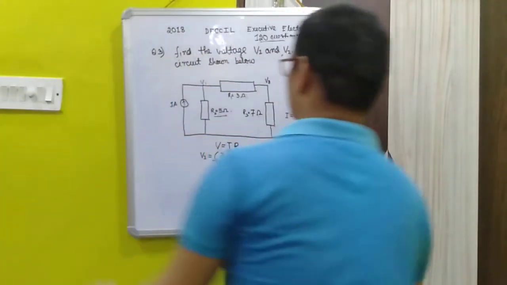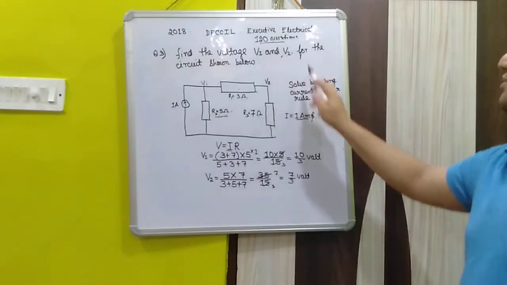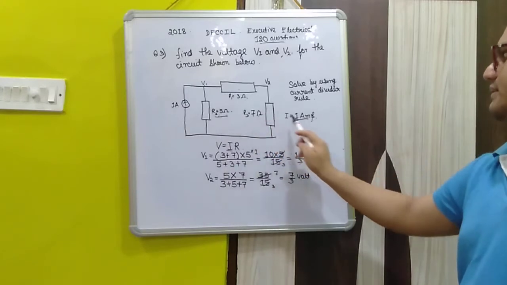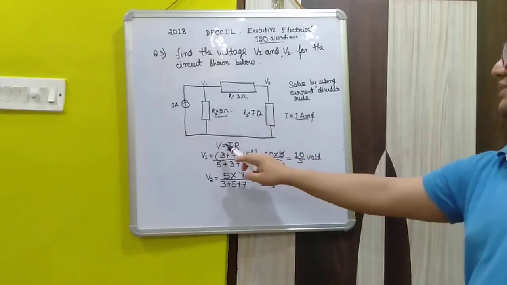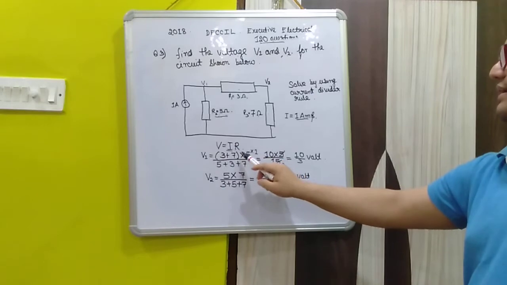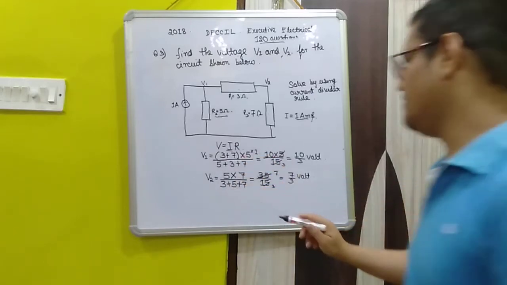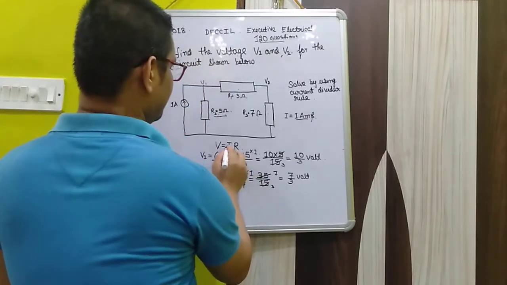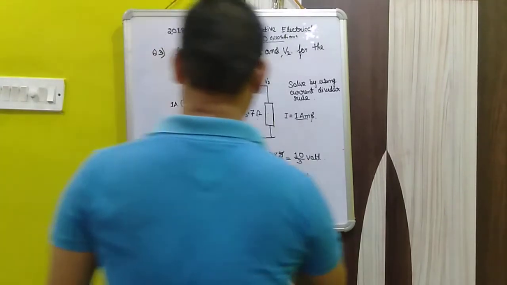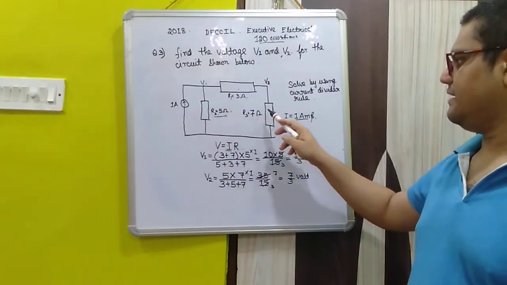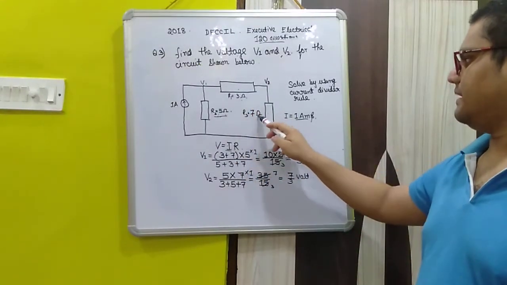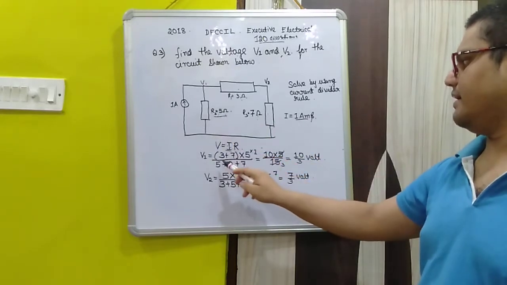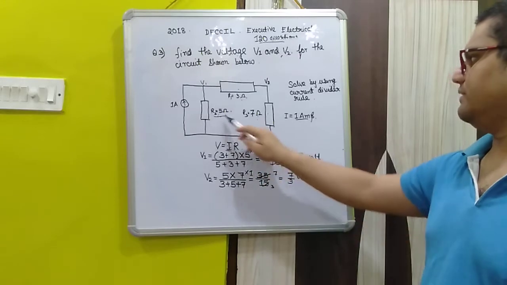I hope you have understood how I have calculated V1 and V2 using the current divider rule. There are 3 resistances over there, R1, R2, R3. Current is given as 1 ampere. So V, we know the formula, V is equal to IR. I have just done the current divider rule over here. This will be multiplied by 1, because this is the current, 1 ampere. I have taken this as the reference resistance, 3 plus 7, that is 3 plus 7 into 5, multiplied by 1 ampere current. And we do the summation of all the resistance here.